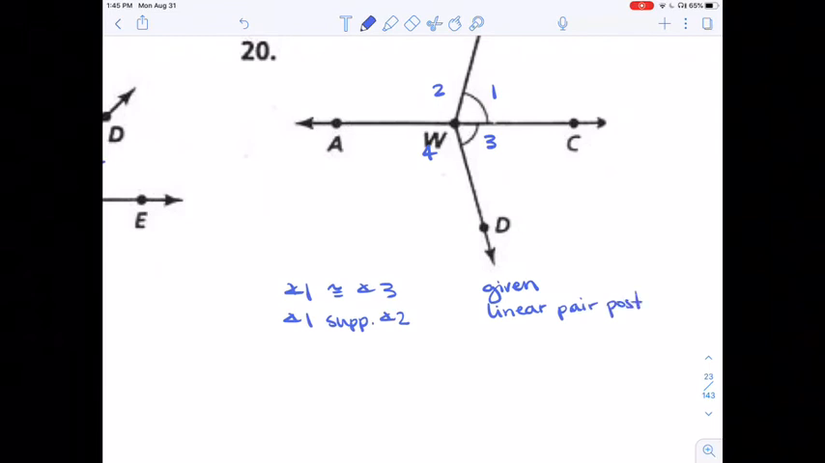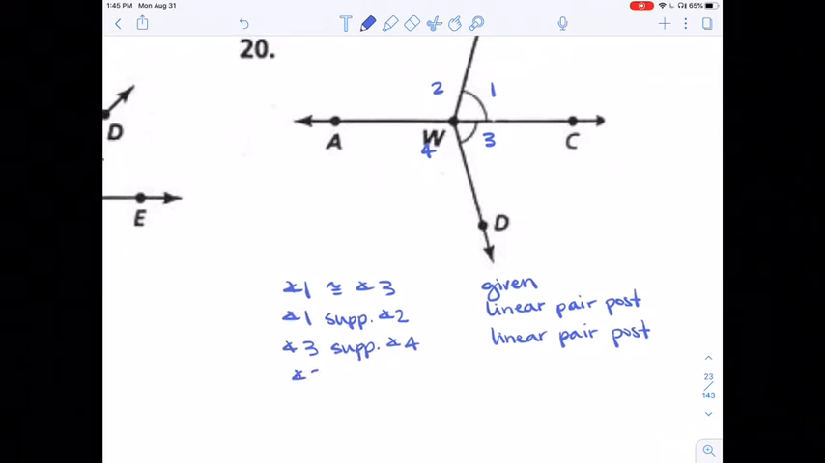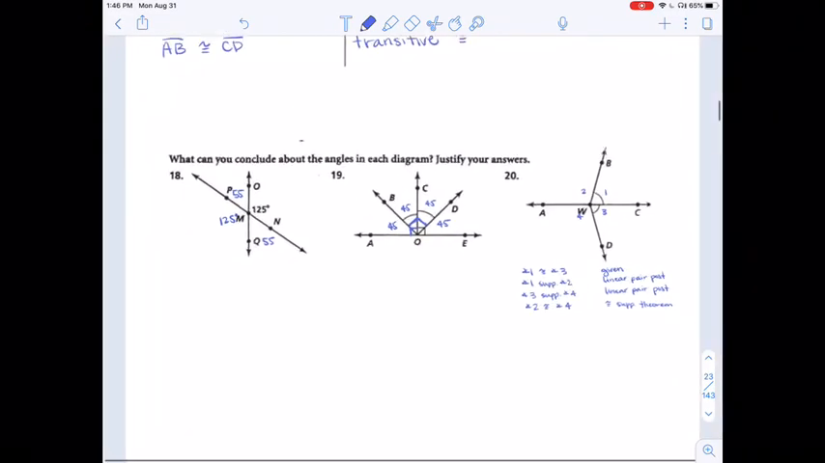And I could do the same thing with 3 and 4. Angle 3 is supplementary to angle 4. And if 1 and 3 are the same, and 2 is supplementary to 1 and 4 is supplementary to 3, then I know that angle 2 is congruent to angle 4. And that is that congruent supplements theorem. Now, as I said earlier, there are going to be multiple ways to use that congruent supplements theorem,